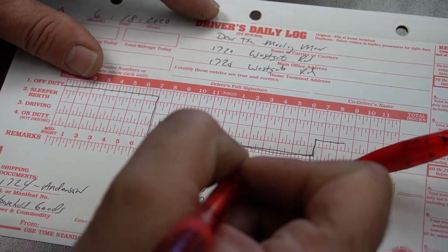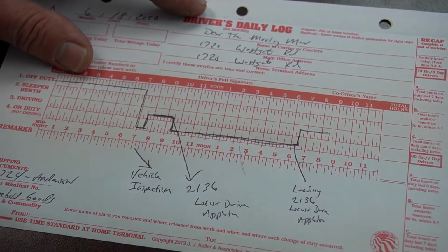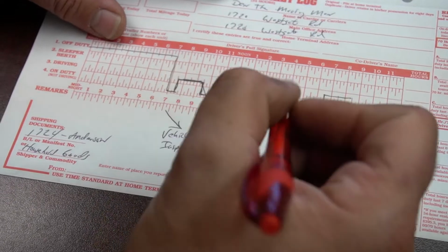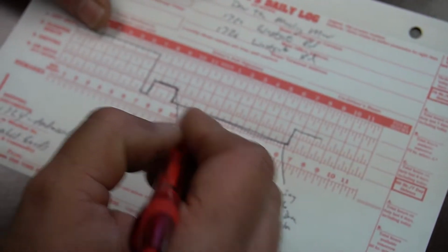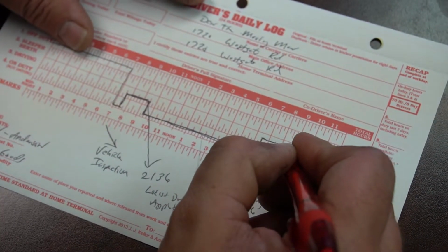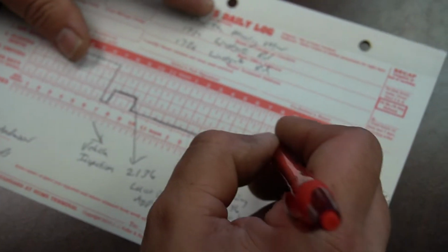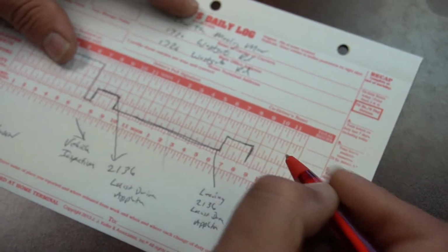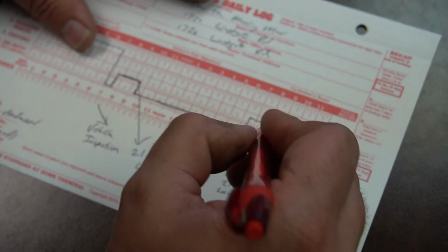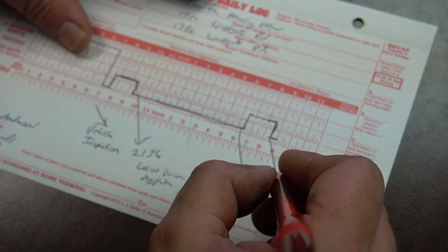You put the fill up and back up to driving, or do you just make a note at where you were driving? No. When you're going to get fuel, we'll back up a couple spots and say, okay, it's going to take us a little bit longer than we thought, but it's 8:15 and we need to stop and get some fuel. So we're going to go down to on duty, not driving, and it's going to be 15 minutes, and we're going to notate here,